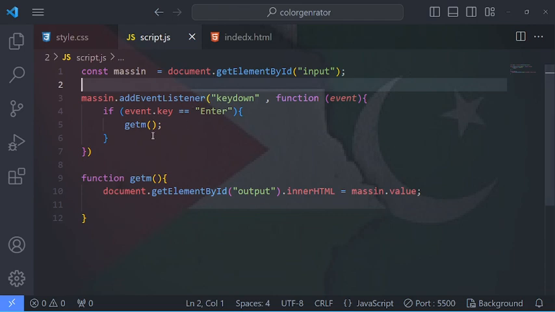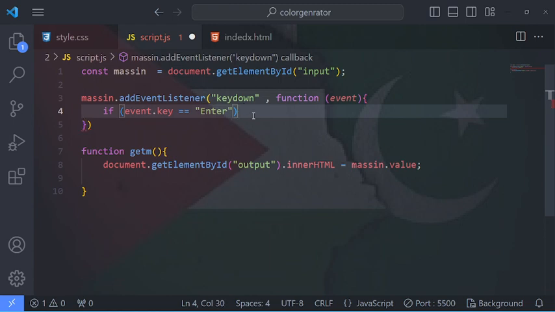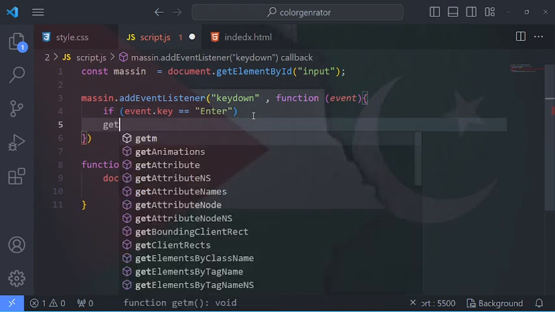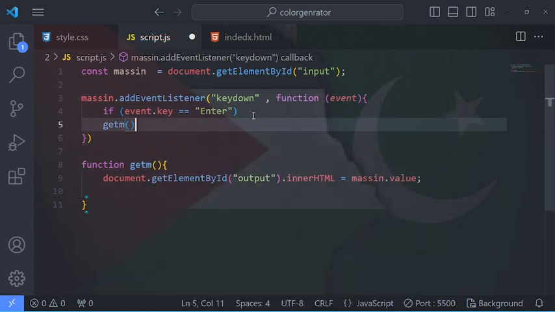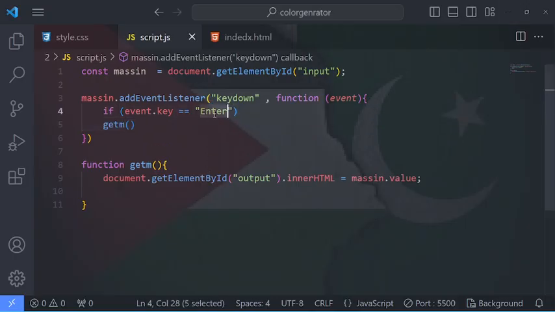Wait, okay. I think there will be no curly bracket and get m function, save it now. If I write here Subhan, enter, so there will be. So that was it. Simply, if I finish the enter and write a space,